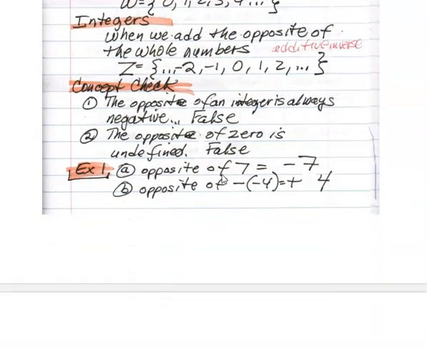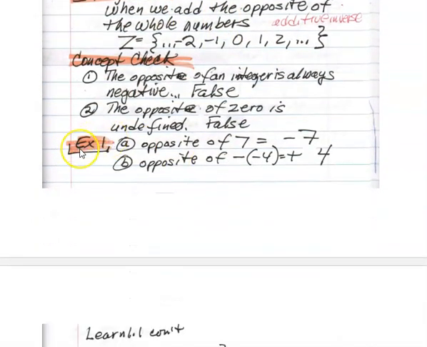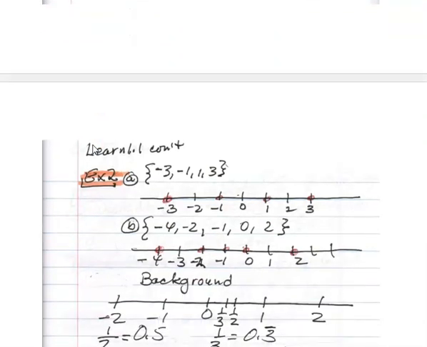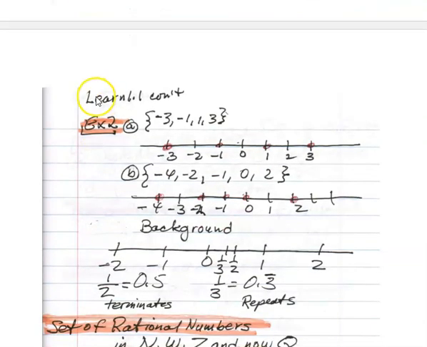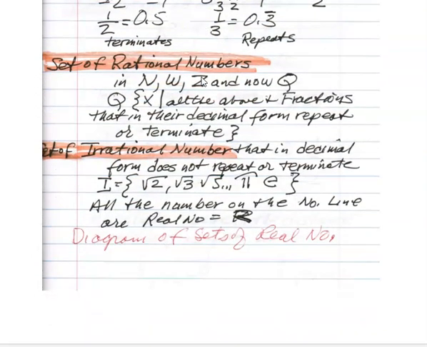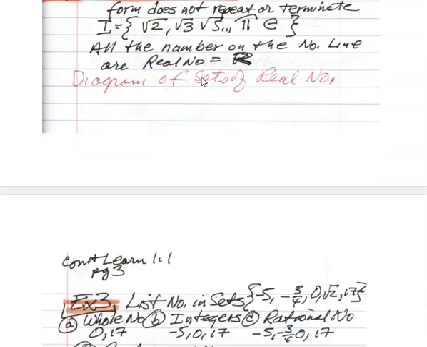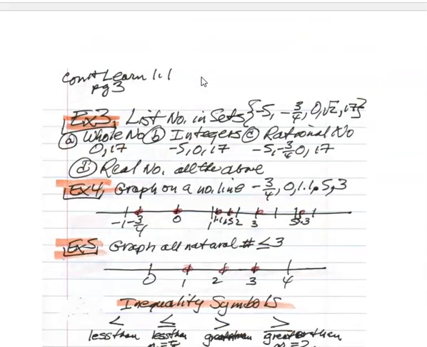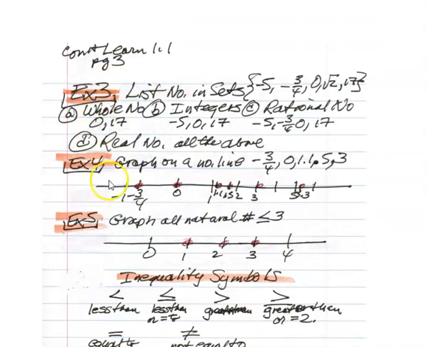There's a concept check. And the key is you actually list the examples that I give in the Learn, because I'll use these as references on the open notes quizzes. So as you go from one page to another, it wouldn't hurt to put that it's Learn 1.1 continued. Again, you're highlighting the example numbers, writing out in detail what is there. And as we continue, again, example 3, 4, 5,